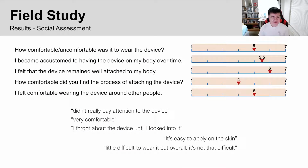For the social assessment of WovenProbe, participants pointed out how comfortable and desirable they personally felt while wearing the device. Almost all of the participants agreed that they got used to the device after some time, and that it was minimally invasive to their daily activities. In general, participants felt comfortable about the device being seen by other people, and the device easily adapted to the